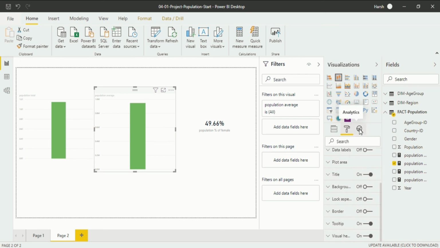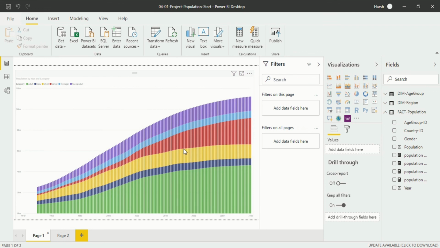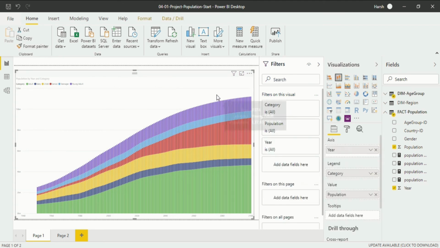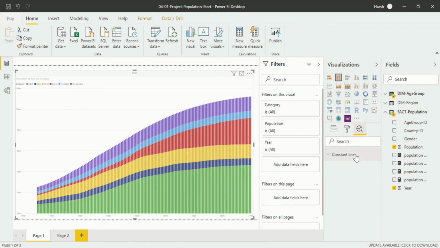After that we will see analytics, like the constant line that is available to you. If you haven't created any visualization, you won't be able to see the analytics. If you want to go into detail, we will select the first visualization because that requires a lot of analysis. Again we will click on analytics. You will see a constant line. If you want to add a constant line, you can do it from here only. If you want to change a format, you can do that also. So now we have covered the visualization pane and field pane.